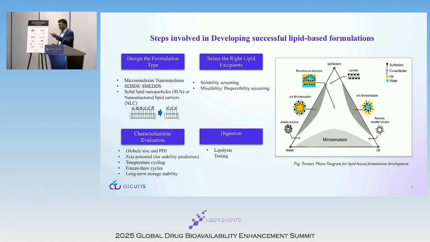So what are the typical steps involved in developing a successful lipid-based formulation? And then we can come to typical lipid-based drug delivery systems. It could be microemulsions, nanoemulsions, and these originate mainly for SEDDS or SMEDDS as long as they are not diluted with water. Then you have the options of developing solid lipid nanoparticles, NLCs, typically for the oligonucleotides or maybe siRNA. These delivery systems are quite popular these days. So first step, we try to determine the solubility of the drug in these lipids.